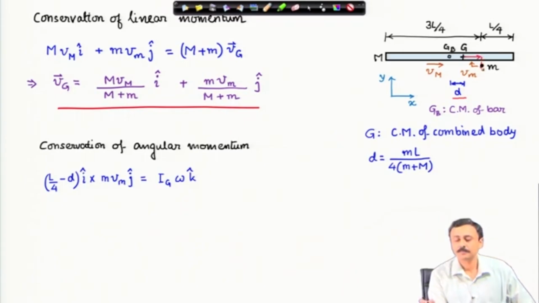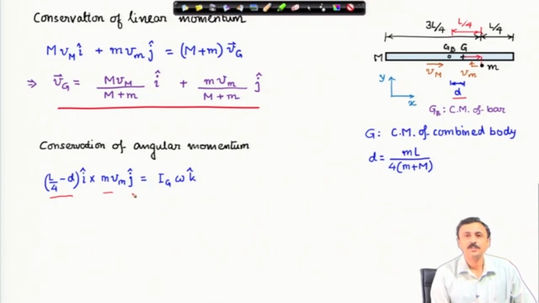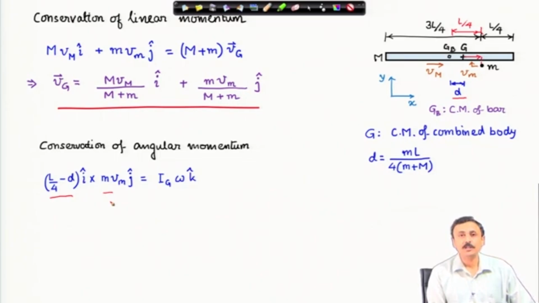This is the arm, and this arm is nothing but L by 4. Therefore, this arm becomes L by 4 minus d in the i cap direction. L by 4 minus d, this is the arm, cross the linear momentum of the particle, which is m times v sub small m j cap. This is the angular momentum contribution of the particle before the collision about the center of mass of the whole system,